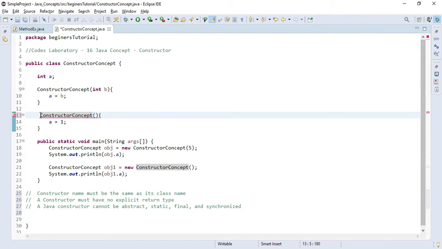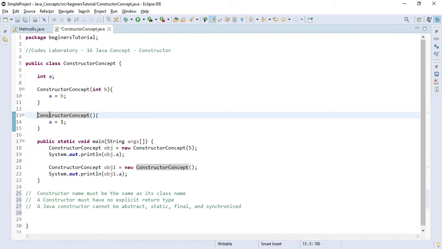With the help of those access modifiers, you can control how the object of your class can be created. If you write private, then you can only use this default constructor inside this class. You will not be able to create the object of this class outside of this class. And for protected, you can go through the access modifier sessions. We have a detailed discussion on all of the access modifiers.